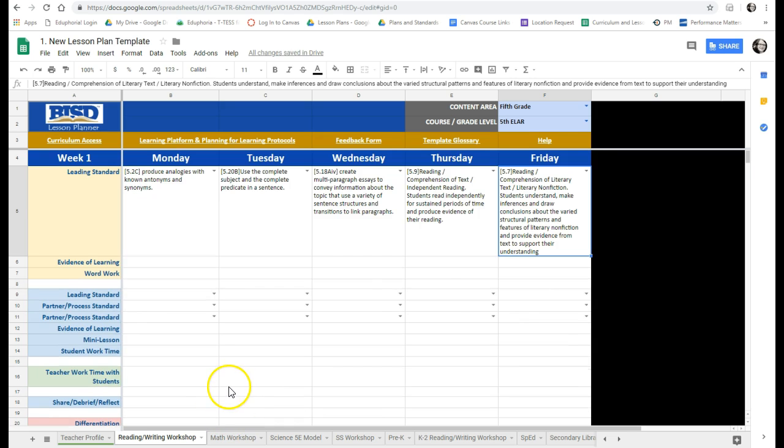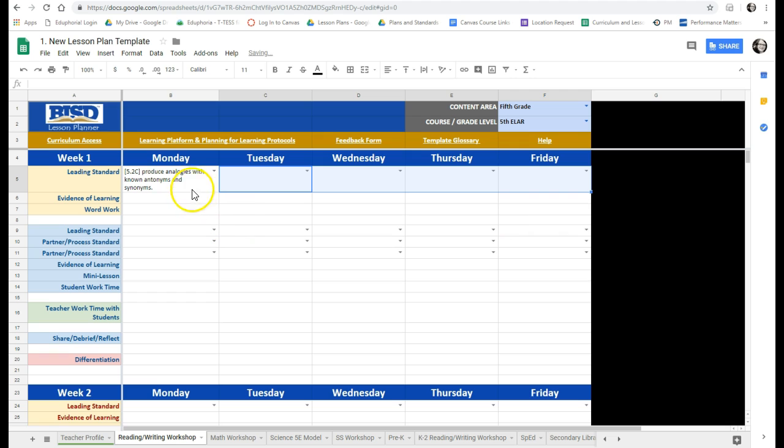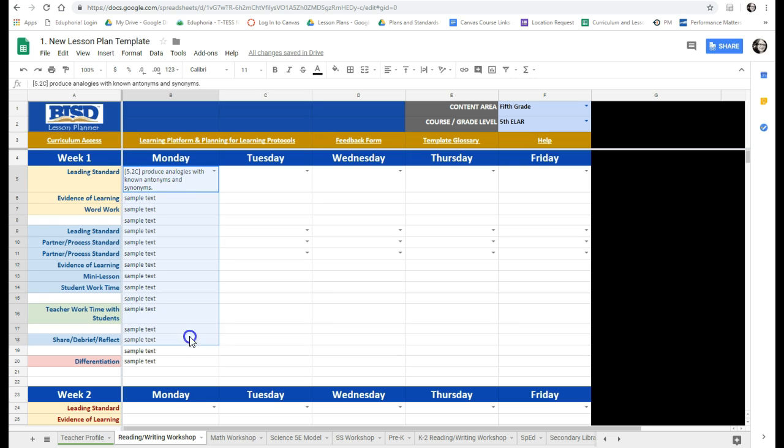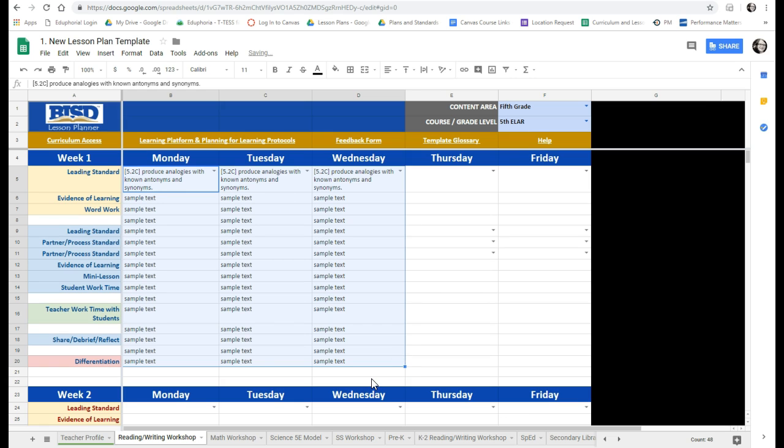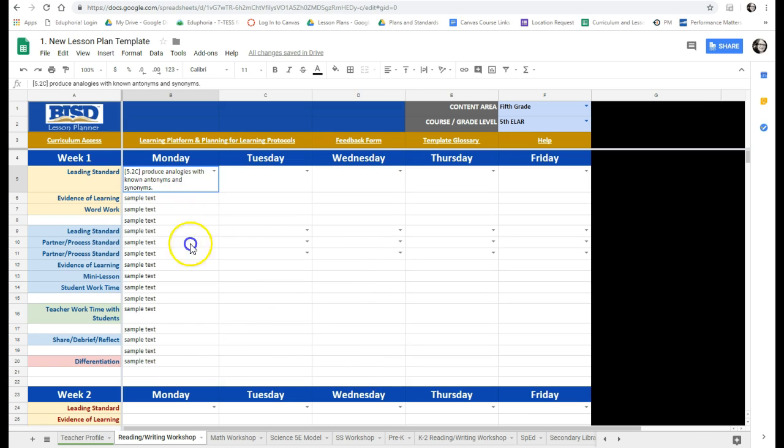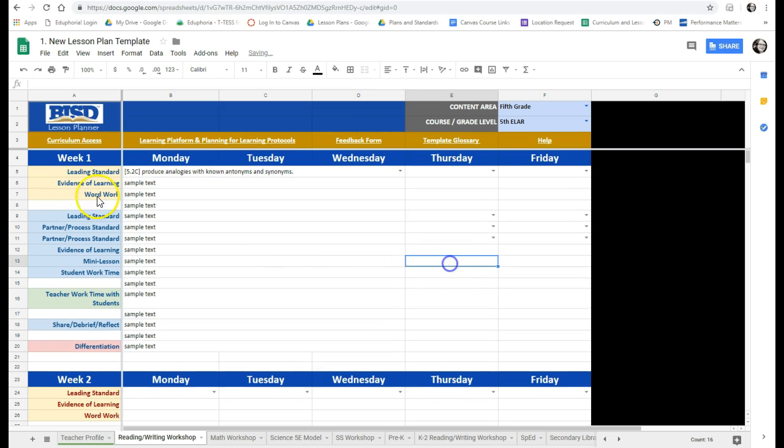We've also taught our teachers lots of tricks. For example, if I'm doing a particular lesson that's really going to last several days, instead of having to copy and paste and spend lots of time doing that, I can just highlight my lesson that I planned, and maybe it's really lasting for 3 days. I can just drag that over. Or some teachers like this trick. If this is really a 3-day lesson, I can highlight that area and just tell it to merge horizontally, and it just instantly illustrates for the teacher and their administrators or anyone who collaborates with them that this lesson is